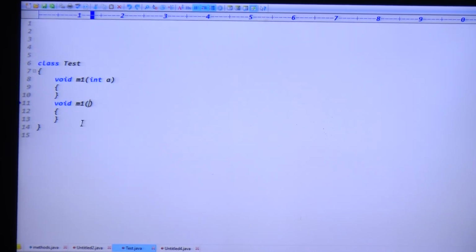In case 3, I declared void m1 here. Inside the void m1, I declared a void m2 method. Then tell me, guys, in this case inside the m1 I declared the m2 method, right? Then this is called which method? Definitely inner methods. Then the question is whether Java supports inner methods or not.